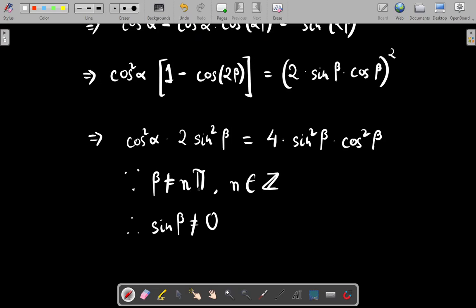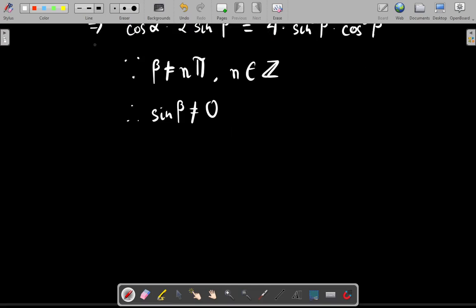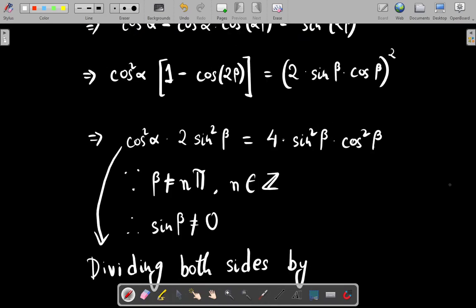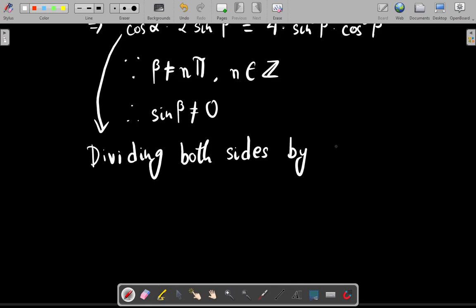So since beta is not equal to n pi, sin beta is not equal to 0, and we can divide both sides of this equation by sin beta. This is why this is given. So dividing both sides by 2 sin square beta,